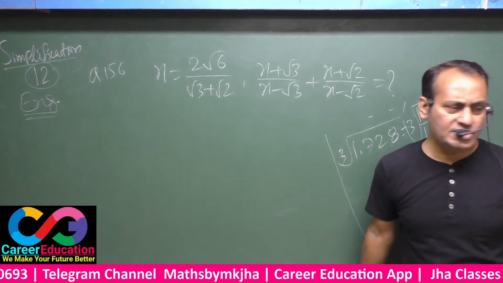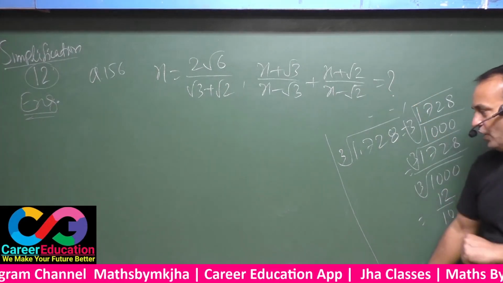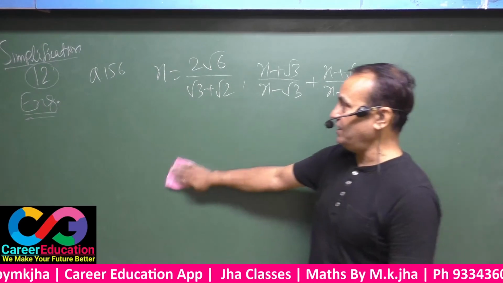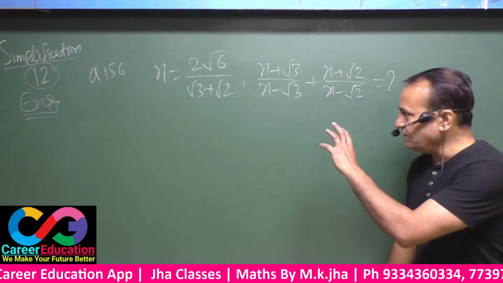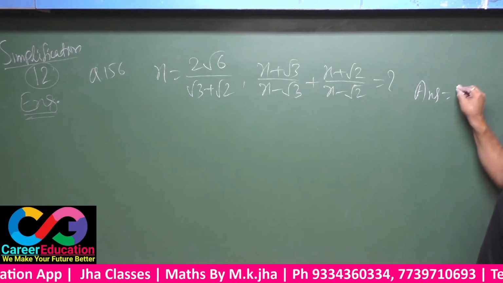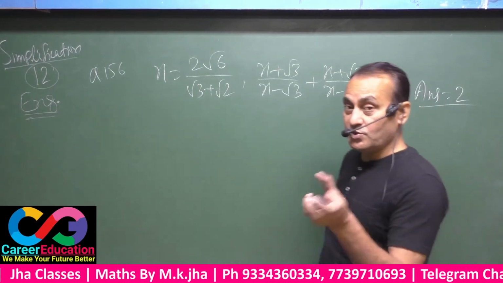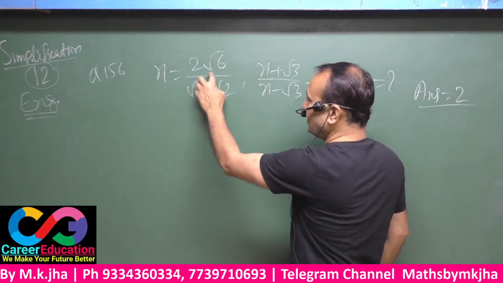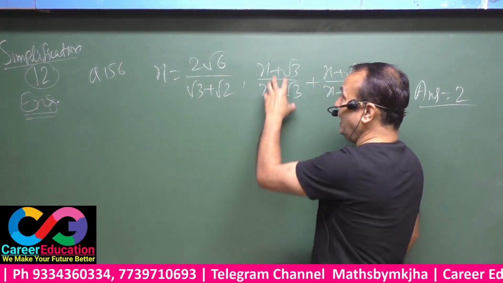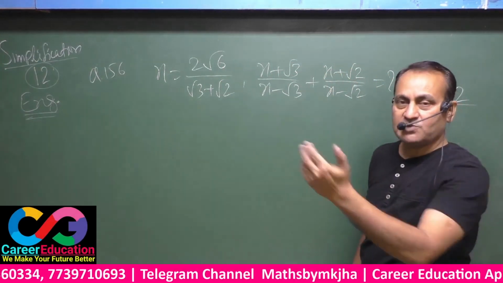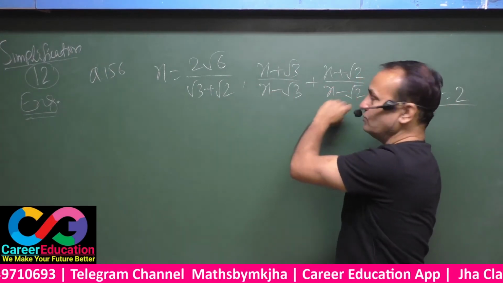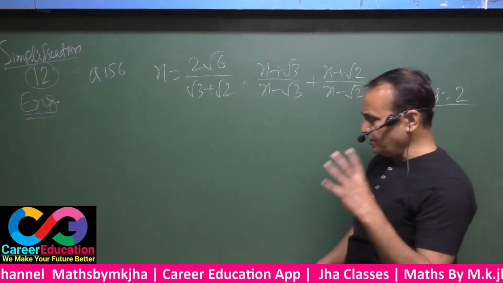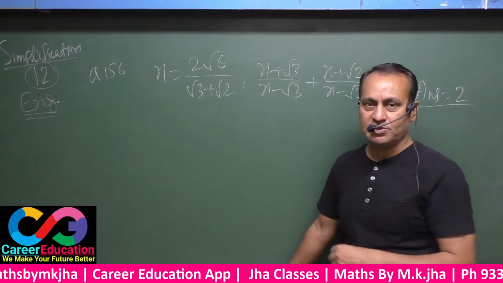See, this is totally a brand new question for you all. This question has been asked some years back in SSC CGL. The answer of this situation is always only 2. See here, the situation must be like 2 root 6 by factors of root 6, root 3, root 2 must be here, and the expression must be like this, x plus root 3 by x minus root 3, x plus root 2 by x minus root 2. The answer generally happens 2. Without solving you can take a risk for such a situation. The answer will be 2.